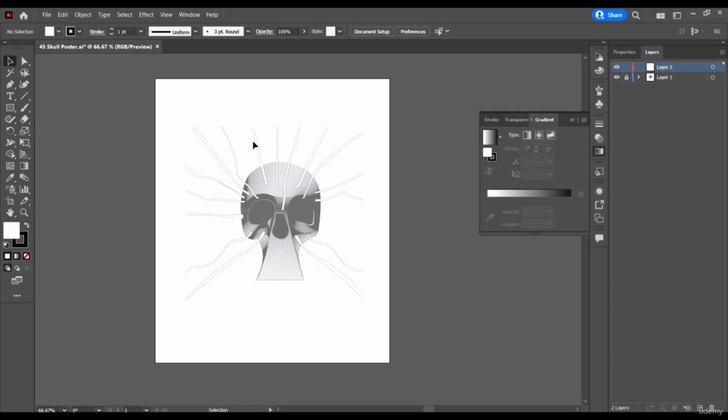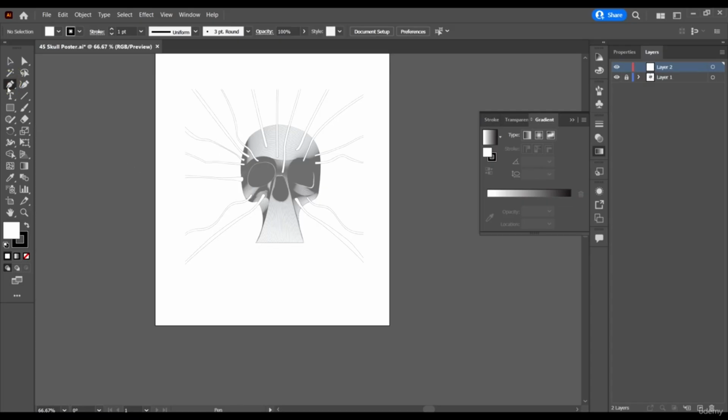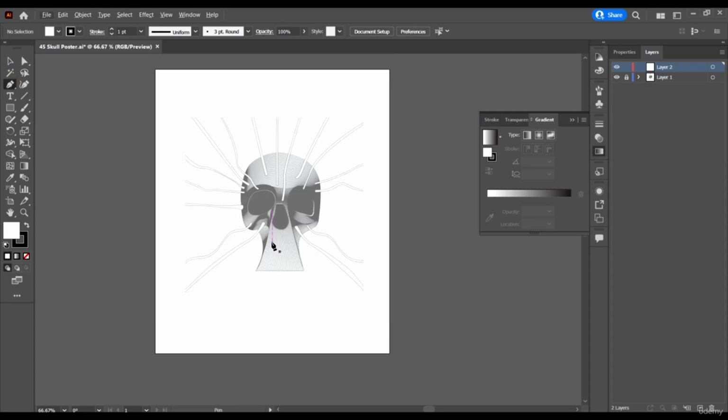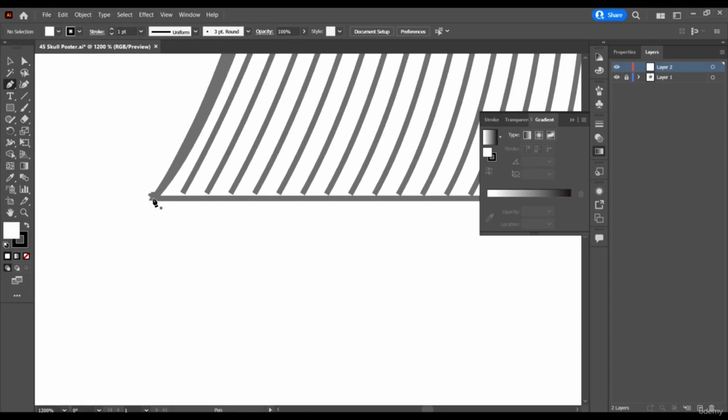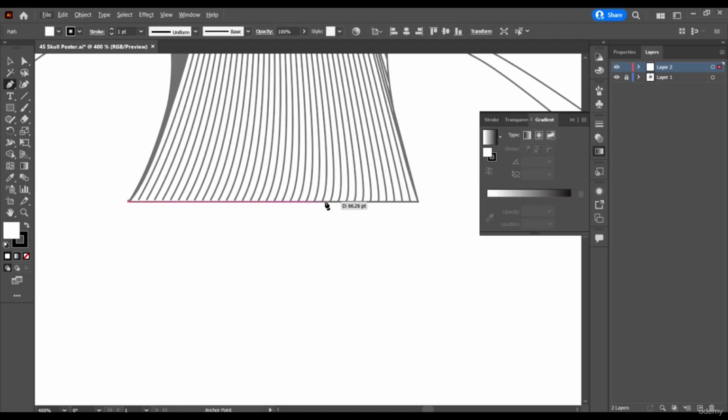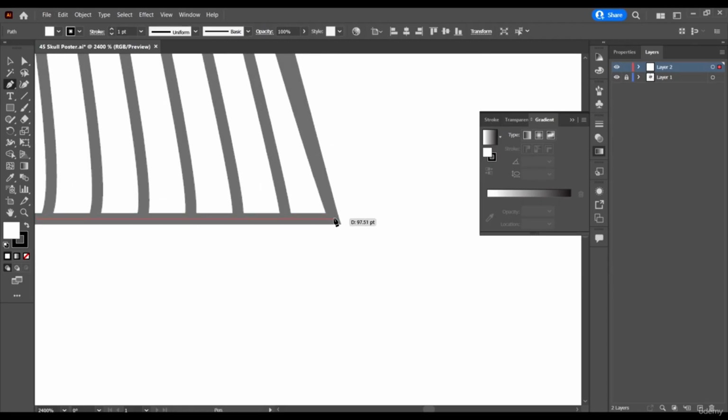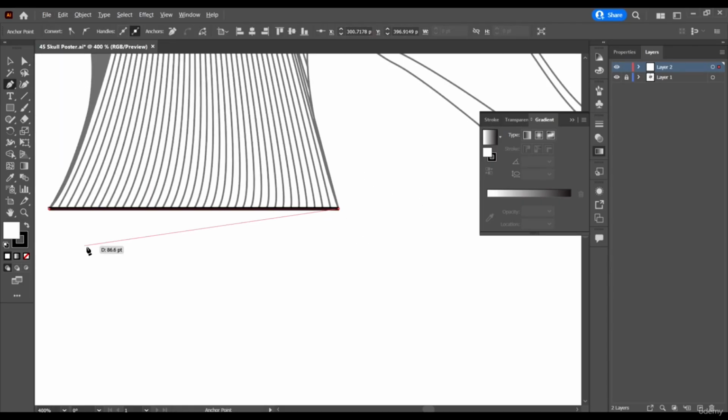And now selecting our second layer, come to your pen tool and just start to draw out your shape like this. Click, and then holding down Shift, I'm just going to click here so as to achieve a straight line.